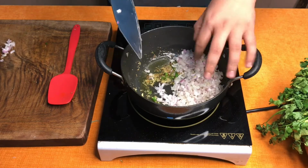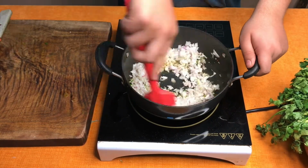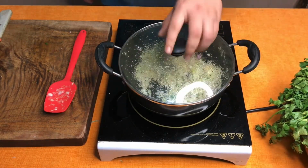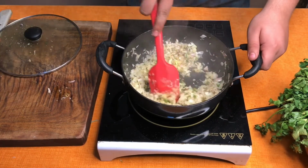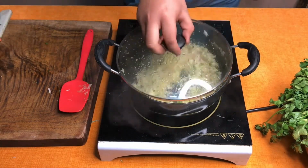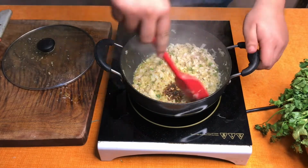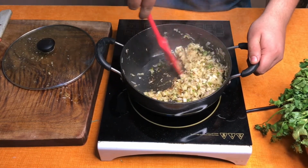Add in the chopped onions. Cook for around 2 to 3 minutes until the onions get gold brown color. Cover with a lid. Stir well so that the onions are cooked from all sides. Now that the onions have become golden brown,